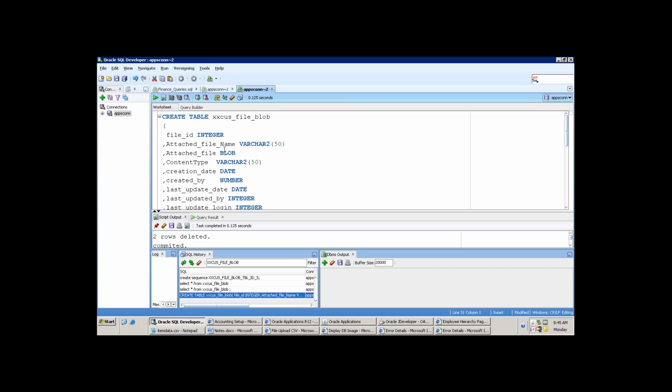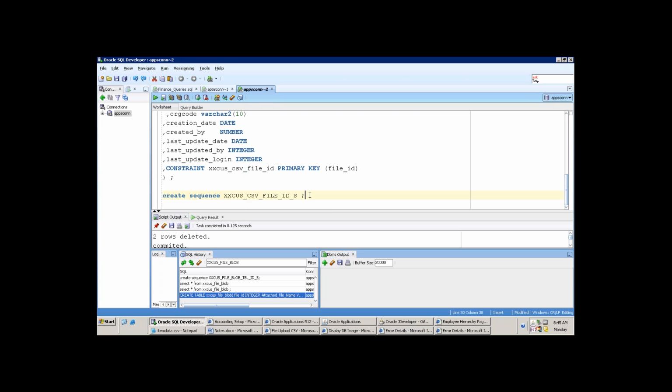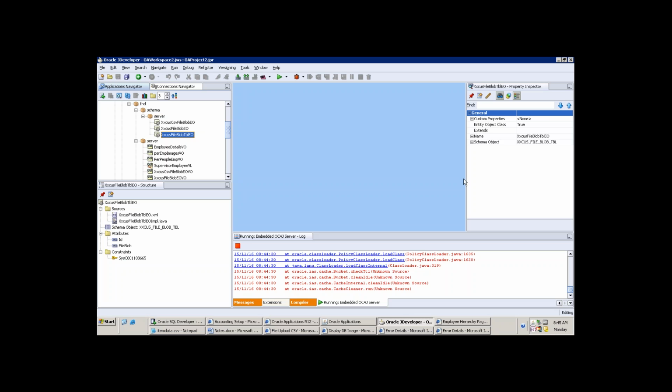ID and file blob. Column name is ID. Another one is